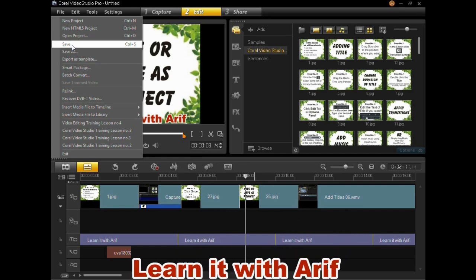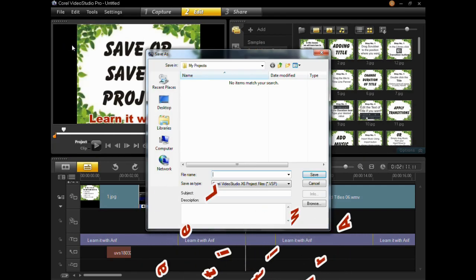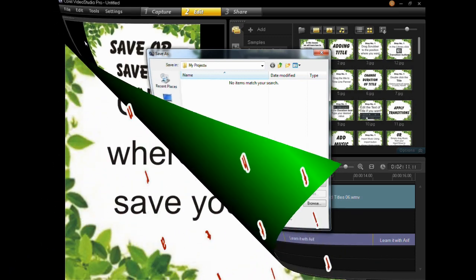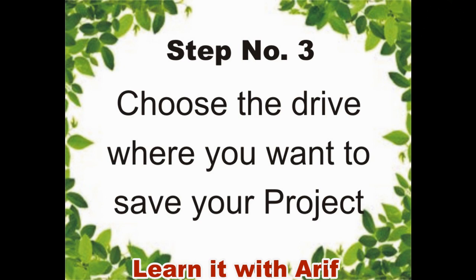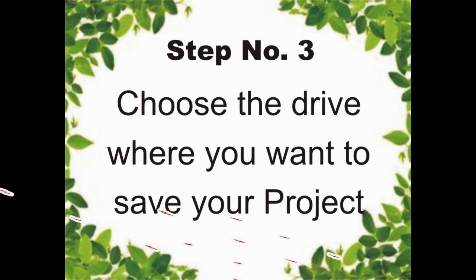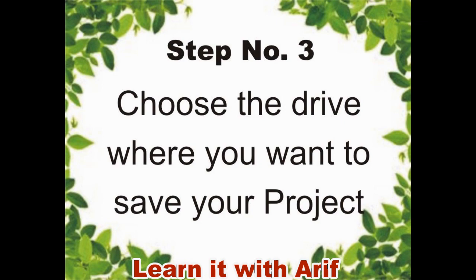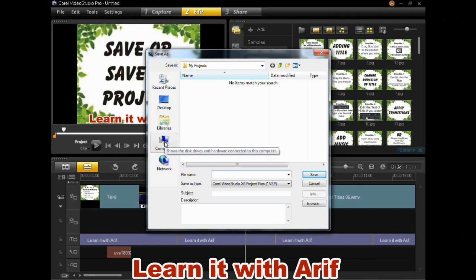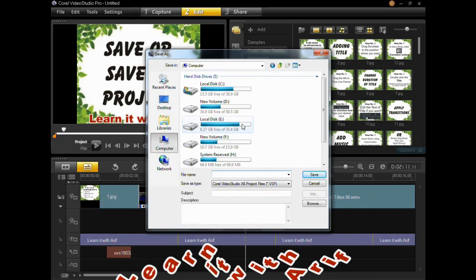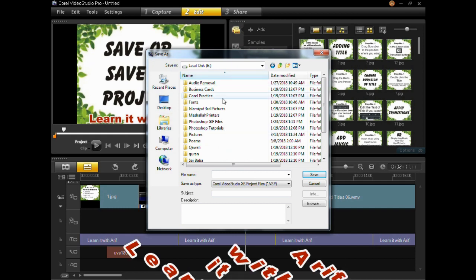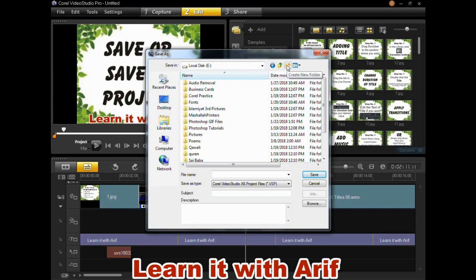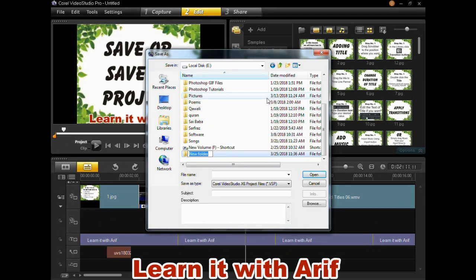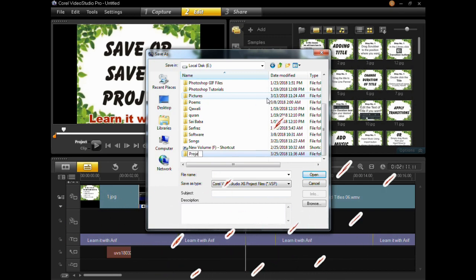Click Save. Choose the drive where you want to save your project. You can also create a new folder and name this folder.